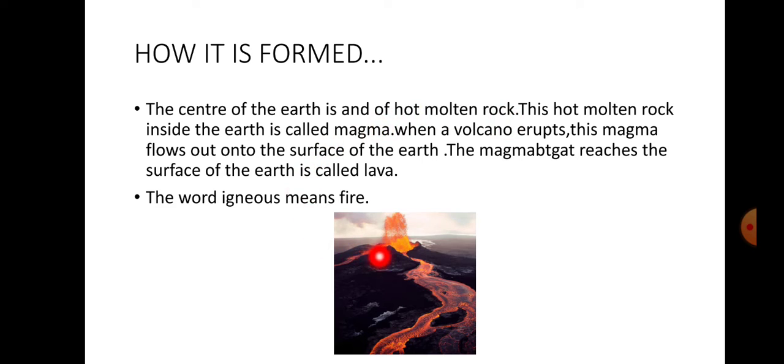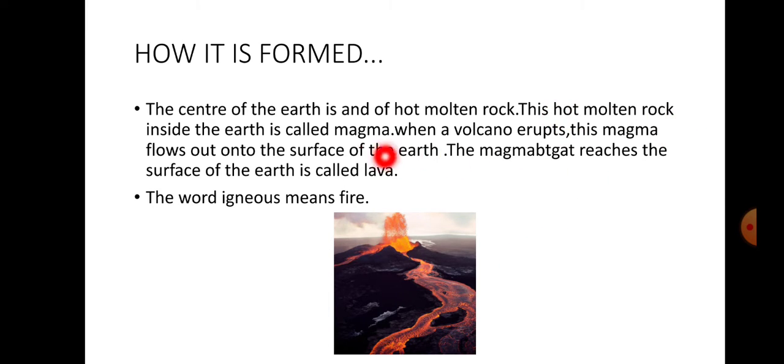You know from the structure of the earth that it is a hot ball, and molten lava is present inside the earth. At the center of the earth, hot molten rocks are present. There are different layers, as you saw in the activity we did in the last class, different layers of rocks and soils. In between them, the molten rocks are also present.